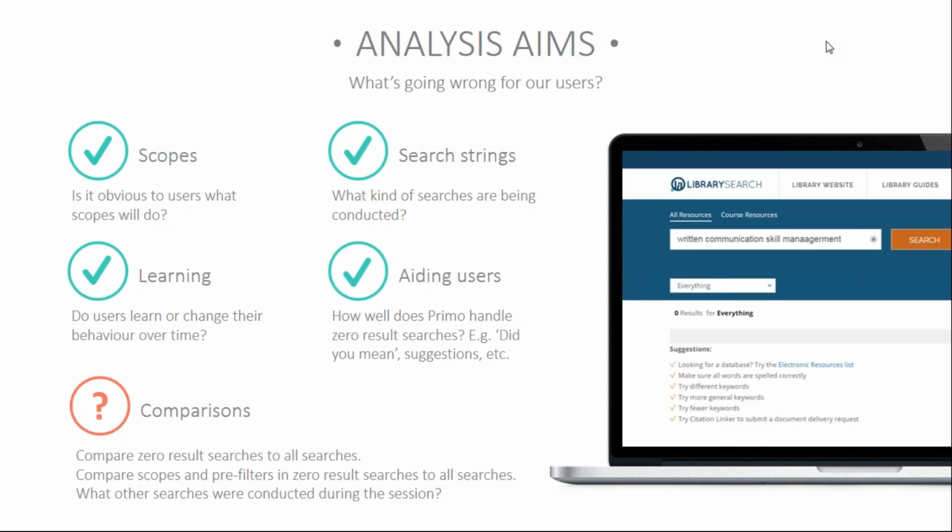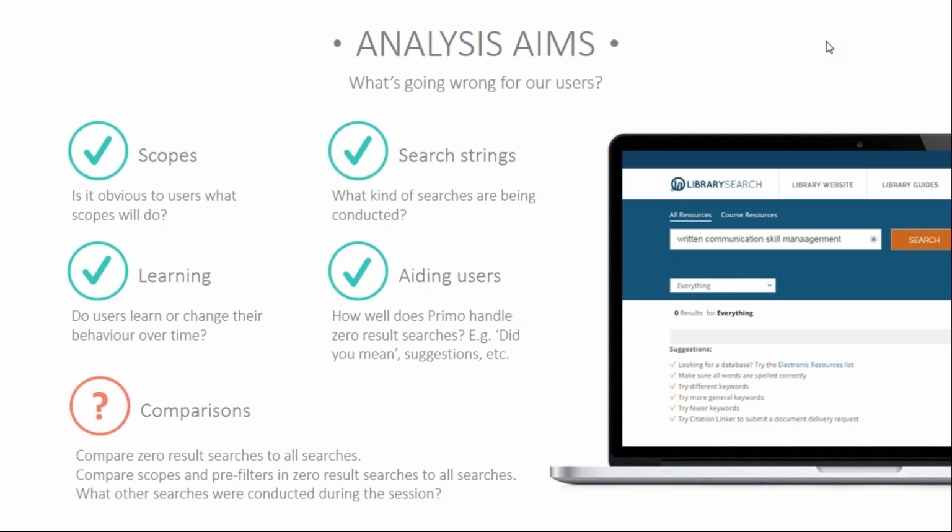As I analysed the data, I also had to keep in mind the design principles of the new user interface, such as reducing cognitive load for users and focusing on an action-oriented design with relevant scopes. As any findings or recommendations I made as a result of the data analysis would impact our configuration decisions for the new user interface, I decided to just narrow my analysis to one section of Primo Analytics, and that was the zero result searches.